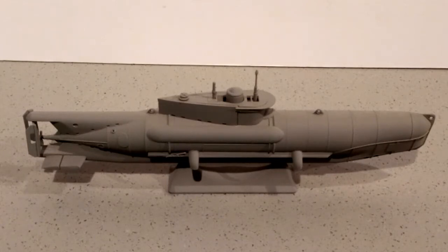So all I've got to do now is paint this up and weather it. It won't be heavily weathered. I'm thinking of just doing it a black grey. The photos that I've seen of some of these show it's a very dark colour, so I'll probably just do a black grey, and then as I say, just do ever such slight weathering on. I'm not going to put the torpedoes on. I'm going to leave it as it is, and then that will be complete,